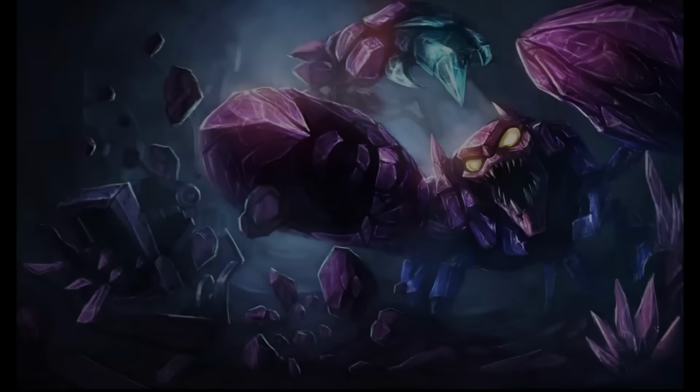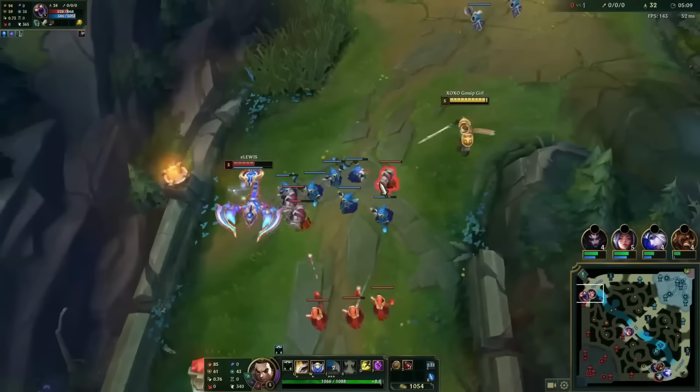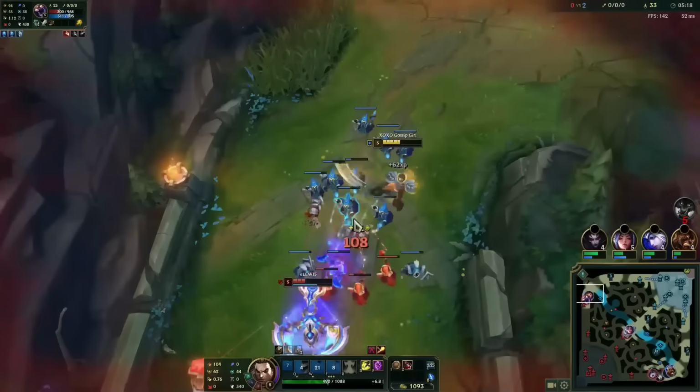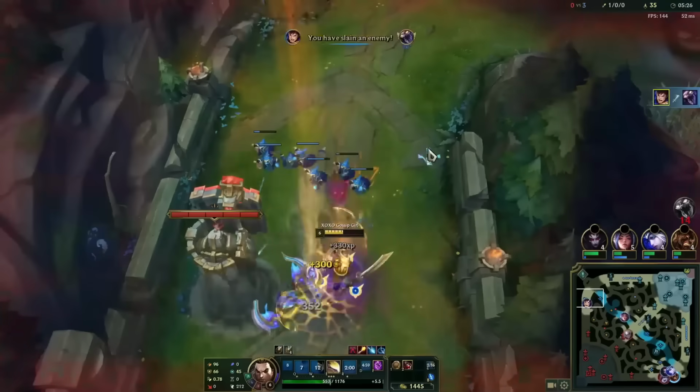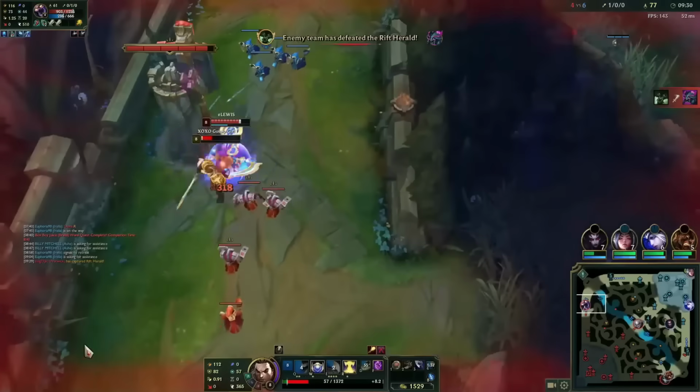And after winning that game, I thought I could do no wrong. But the last game actually turned out to be super interesting. You see, I've never played against a Skarner top before. I've heard the stories, but I've never taken them seriously. So I was super surprised that after winning early game, I just got pulled under tower 3 times and died